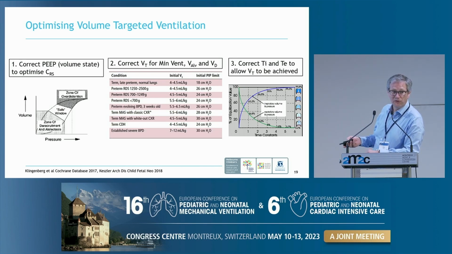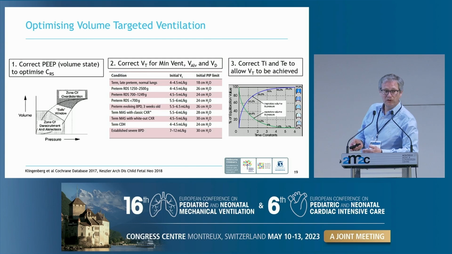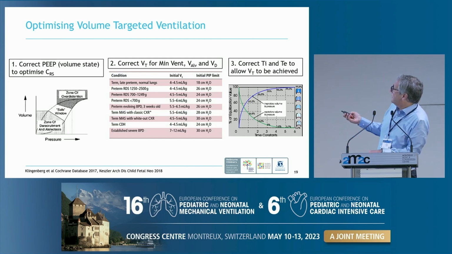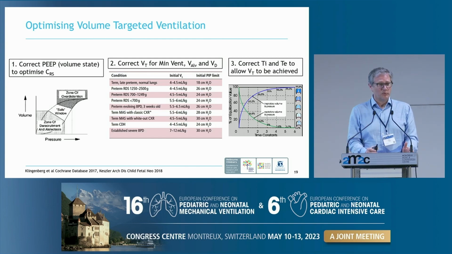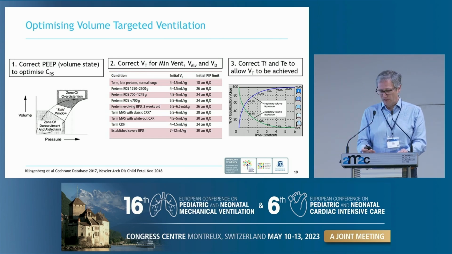It'll give you a lower tidal volume. Then you need to set the right tidal volume for your minute ventilation and your dead space, and you now need to think about the TI and the TE. So again, compared to PICU, we tend to use lower tidal volumes than PICU, and I hope I provide some rationale for that. And we tend to use I times and E times and rates, which are quite different from PICU. So I'll just briefly explain why we do that.